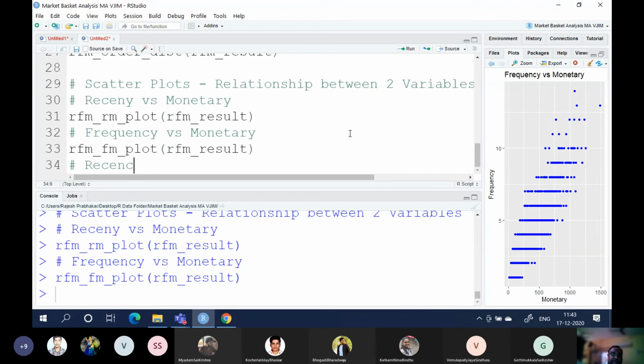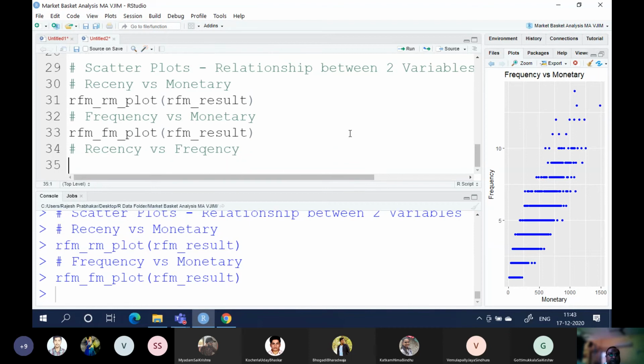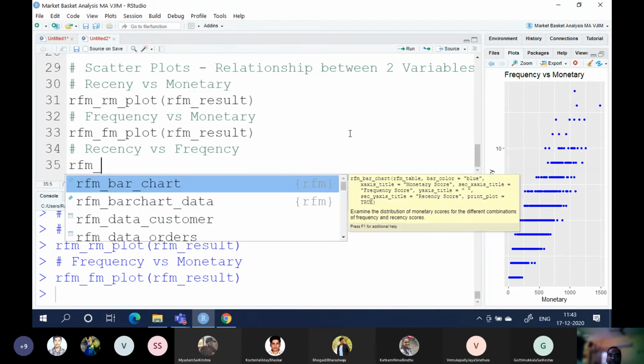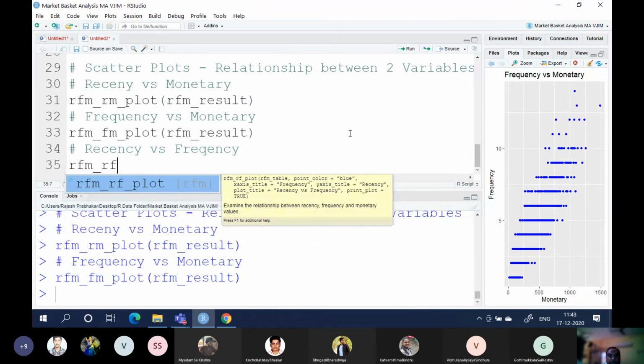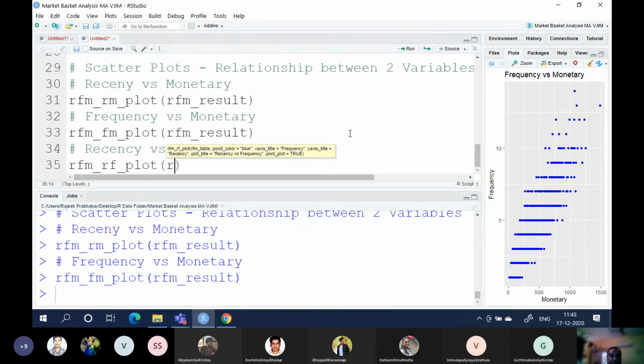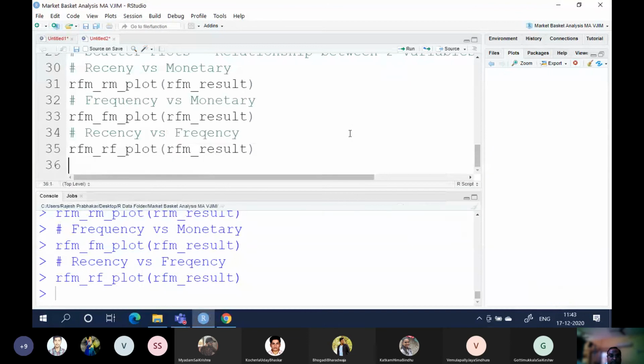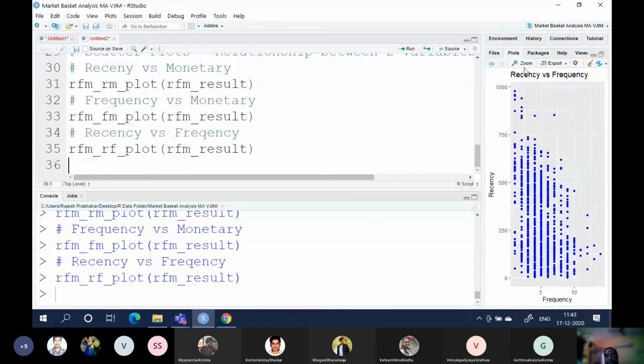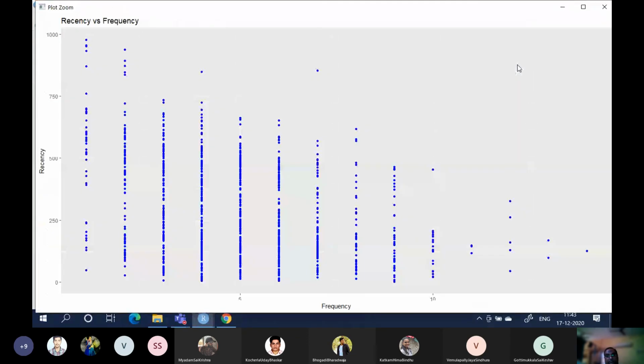Then recency versus frequency. RFM underscore RF underscore plot, no correlation sort of a plot.